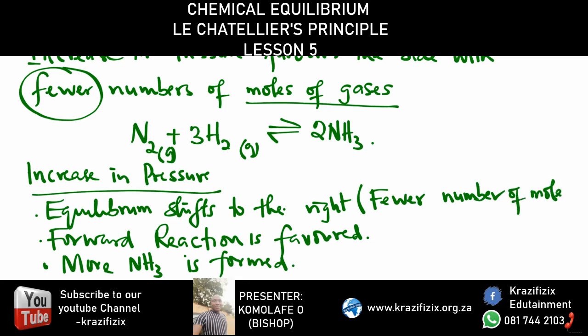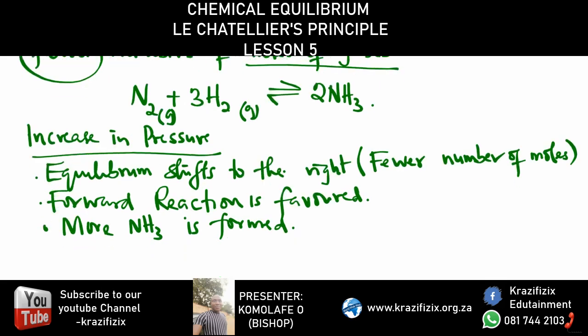And the opposite will be the case. If I were to decrease pressure, then equilibrium will shift to the left. Reverse reaction favored, and more nitrogen and hydrogen are produced. All right, so that's very straightforward. However,